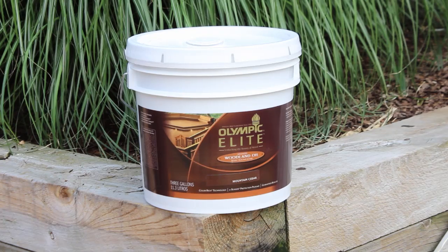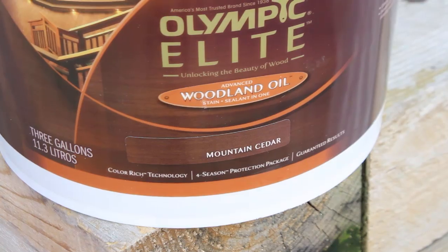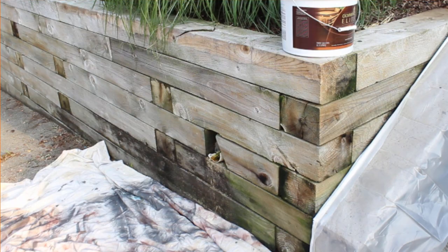I'm using Olympic Elite Woodland Oil, specifically Mountain Cedar color, and thoroughly read the directions on where to use it. In this case, any kind of lumber works, but if the lumber beads, it's not ready for stain. So if it beads with water, don't stain it just yet. And I highly recommend applying it using a brush. So here's what my lumber looks like. It could have been cleaned a little bit better, but